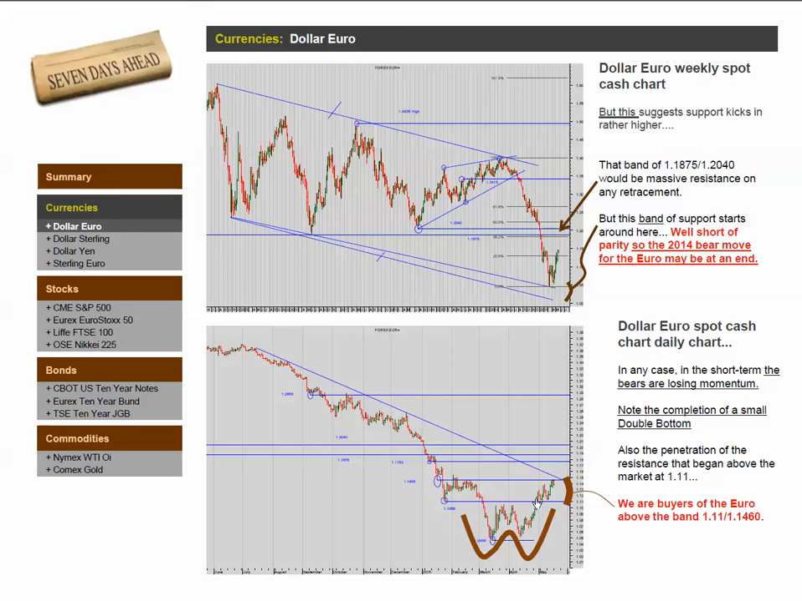We were long here, we were buyers here, and we would not be buyers here exactly. We'd wait for a break of the diagonal to buy again. We're buyers above the euro, above the band 118, 114, 111, 114, 16. So it's the three elements that go to make up an overall picture of the forces at work at any one of these markets. I shan't go through all of them, but let's just move on to another interesting chart,